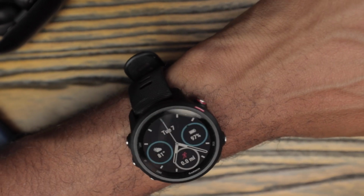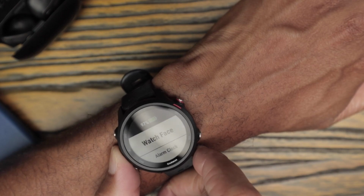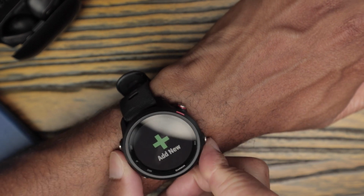I was pleasantly surprised by the overall look and feel. While it is a sports watch, I barely noticed that it's there. It's not clunky or gaudy. The watch is enclosed in this polymer casing. The display is bright and the colors are vibrant, which is very helpful because let me tell you, this watch